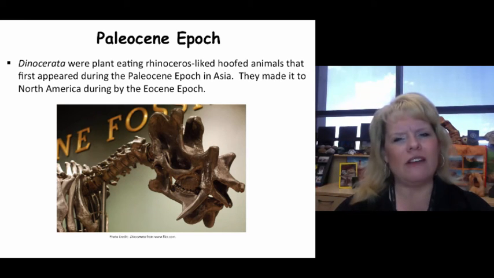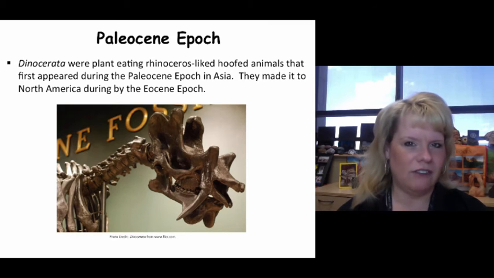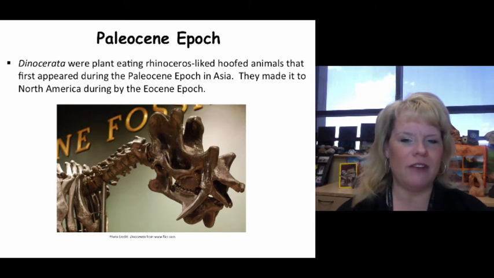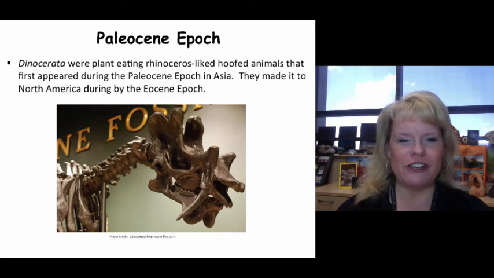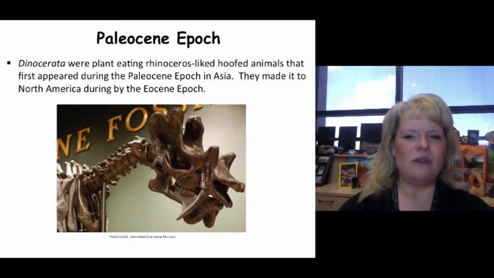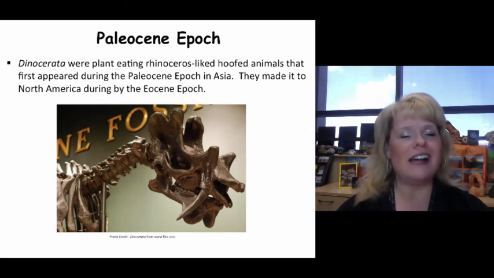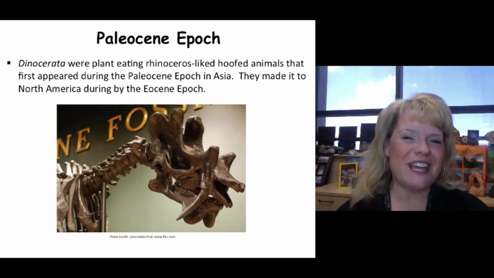Dinocerata was a plant-eating rhinoceros, believe it or not, bless his heart. You have to love him, he's got a very interesting face. And if you look at him, you're like, wow, improvement for the rhinos over the years. Now, this is a rhino-like animal, and it lived from the Paleocene, where it first appeared, and went extinct in the Eocene. So they were very large animals for their time. But they're going to feed on the changing climate flora that's out there, plants, and be able to survive in that environment.